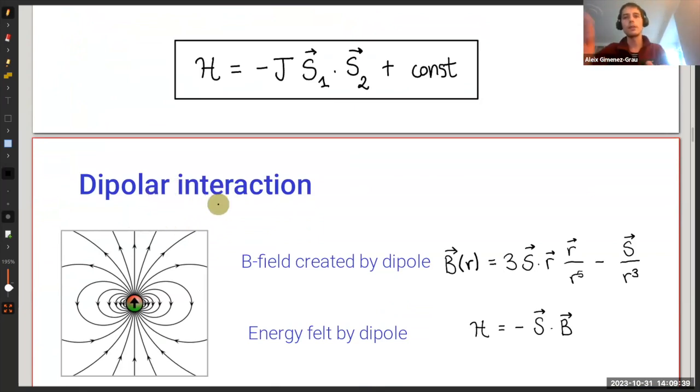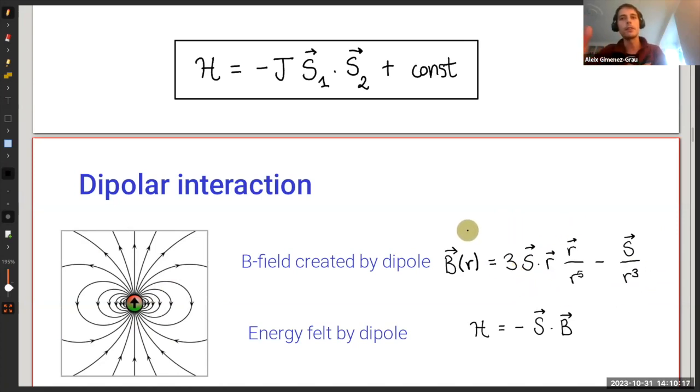Okay, for people studying physics, this is very clear. Each of the spins in a magnet is actually a very tiny dipole, maybe infinitesimally small. And a dipole, by definition, creates a magnetic field. So this is what this figure is depicting. And in particular, you can write a formula for it. If you have a dipole with this strength, then you can measure the magnetic field at some position R, and it's given by this formula. This is a standard formula from undergrad physics.